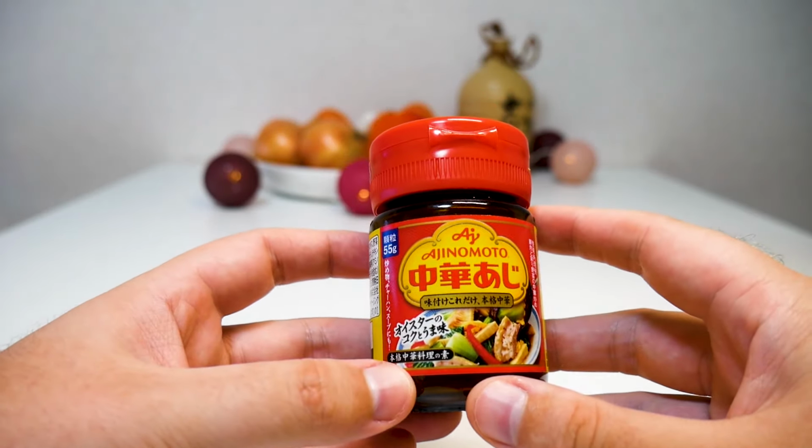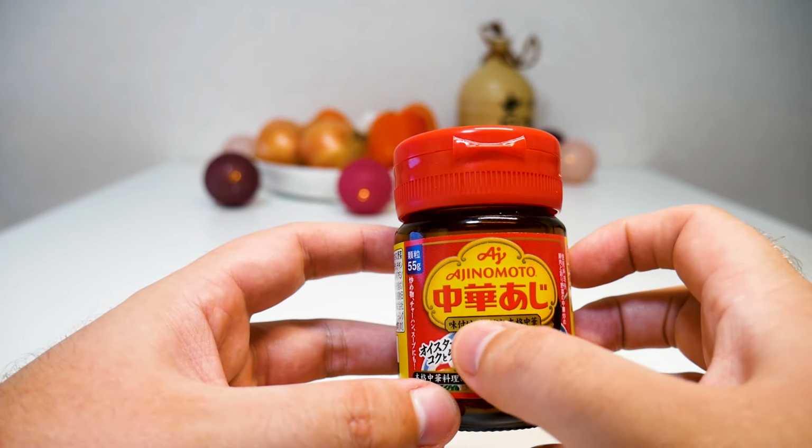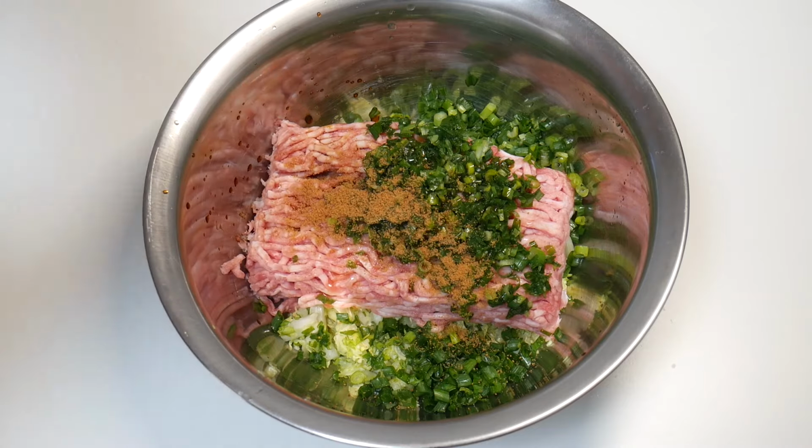This is a spice that's used by a lot of Chinese restaurants here in Japan, and maybe 90% of the gyoza places that you see on the street pop this stuff in their meat mixture as well. And to get that chuka aji, you can pick it up at your Asian grocery store when you pick up your gyoza wrappers. Also, while you're there, pick up the soy sauce and the cooking sake as well,